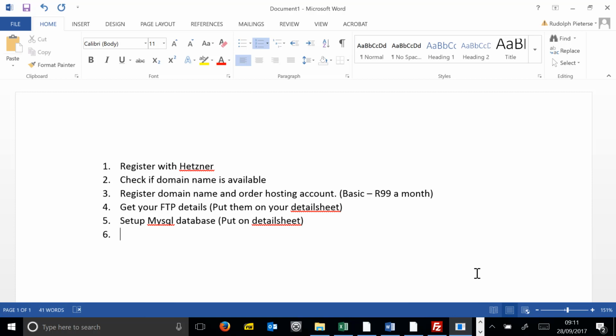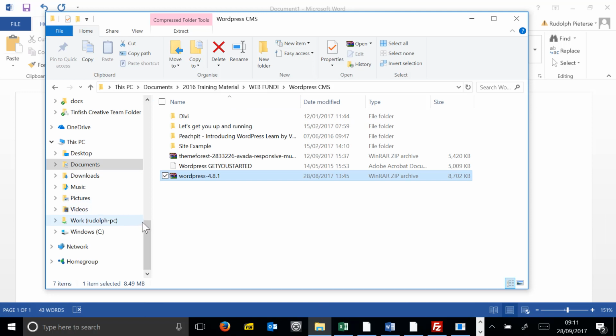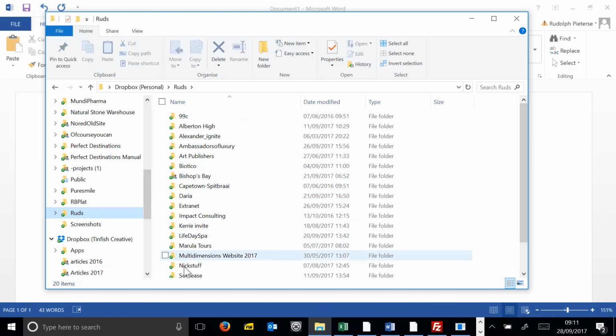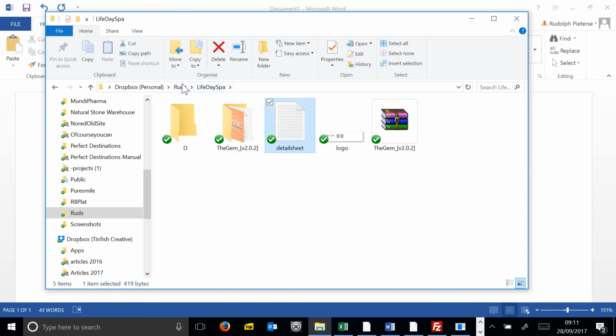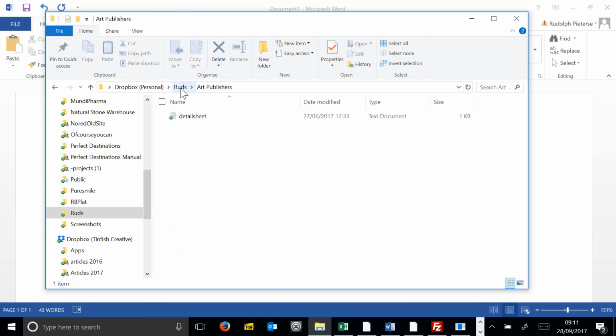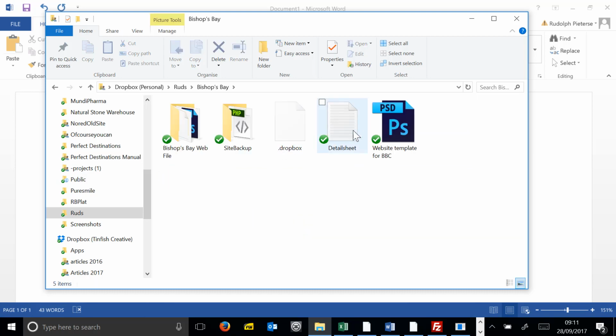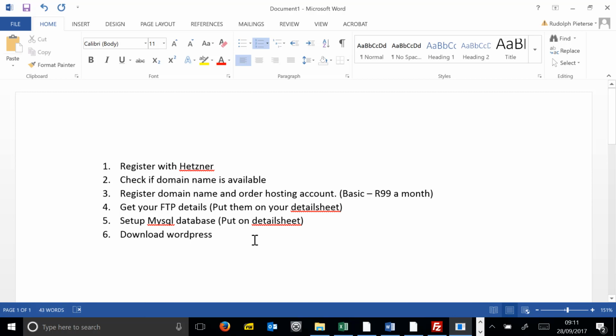And those details you also get on the hosting site. Yeah. In the backend or on your login. So you sort of have a detail sheet in your hosting. No, in the client folder. Look at all my client folders. There's all the sites that I'm working on. No, I mean on Hetzner you sort of have all the details. Yeah, but you put it on a detail sheet. But say you do lose it, you can go back to there. But whatever site I'm working on, I always have a detail sheet. Every one of them has a detail sheet because then I know the details. It's just a method that I've come up with, but it's so important because then you don't struggle every time you forget the details. So now you download WordPress from wordpress.org